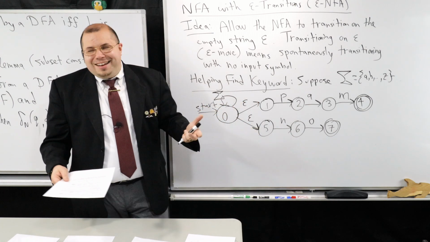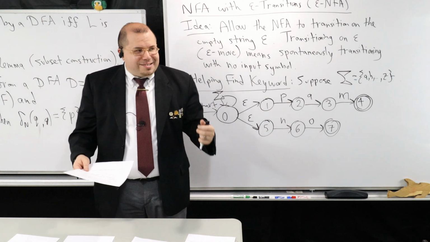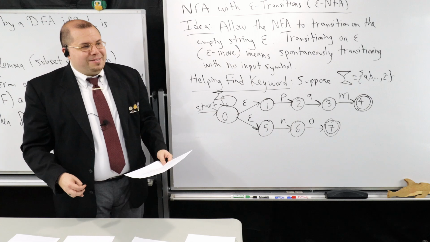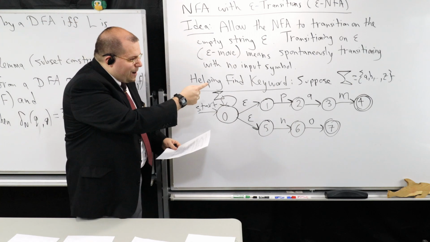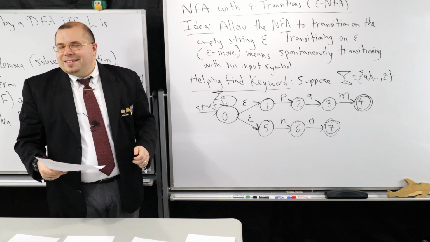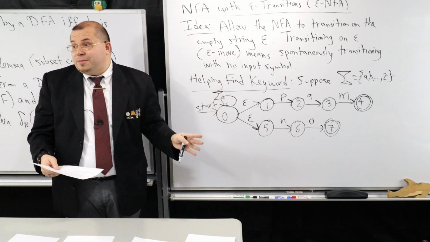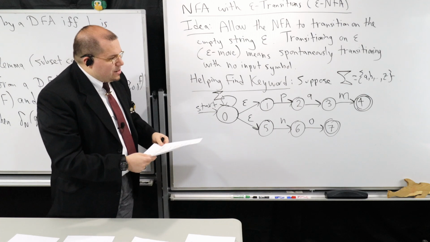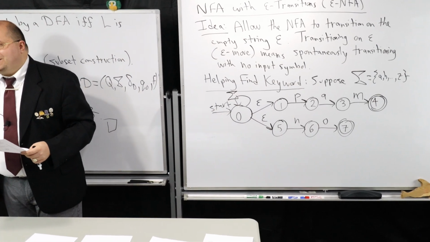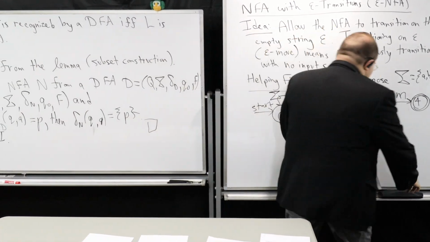And at the same time, I could stay in state 0 because I have a loop here. So I essentially could stay in 0, 1, and 5 at all times, because every time I could just spawn immediately two threads, hypothetically speaking, to get me into 1 and 5. Does everybody understand that? So this is just a way you could design this much simpler than I did before. So the epsilons allow me to do things like this. I'm going to do one quick more example, and then next day we'll come back to doing some more stuff with epsilon NFAs. So let me just do one more example. This one's a classic, so I had no choice but to show it to you.